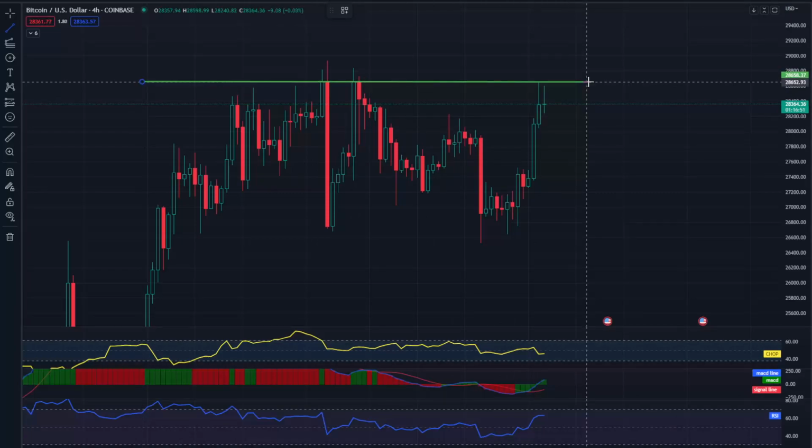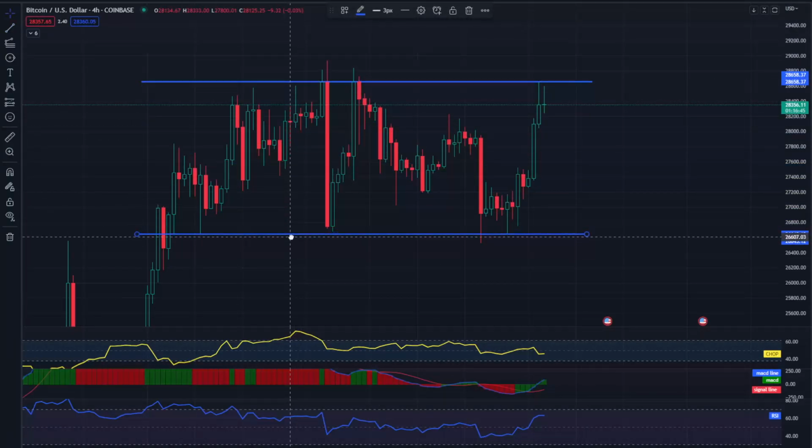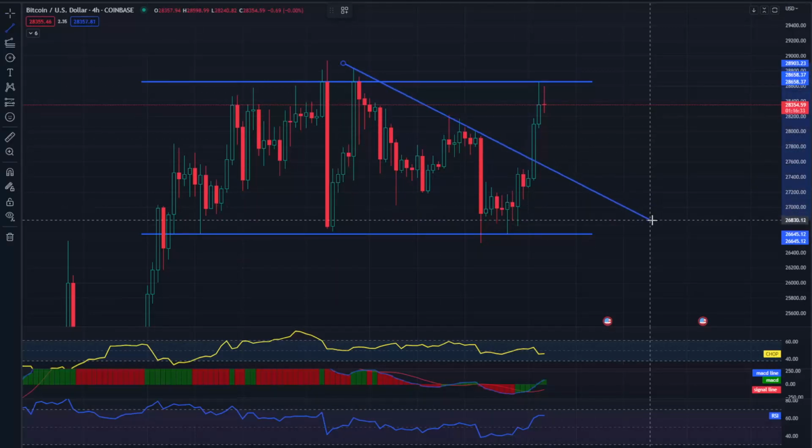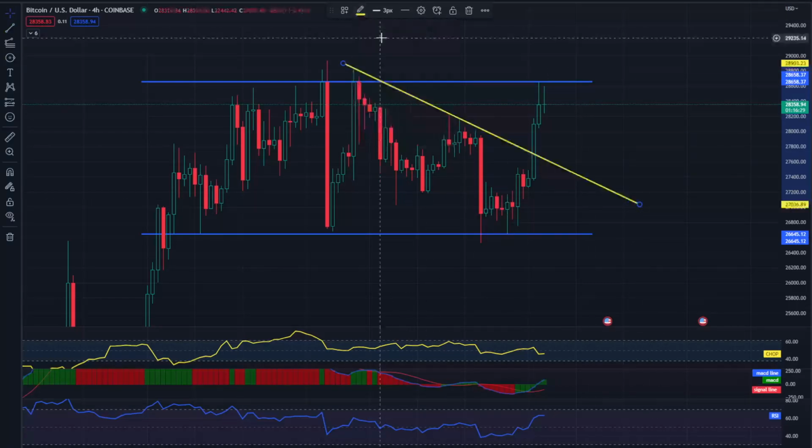Let's start by checking the current situation on the BTC pair to USDT, taking into account the 4-hour interval. First, we will use blue lines to mark the local channel of the sideways trend and using